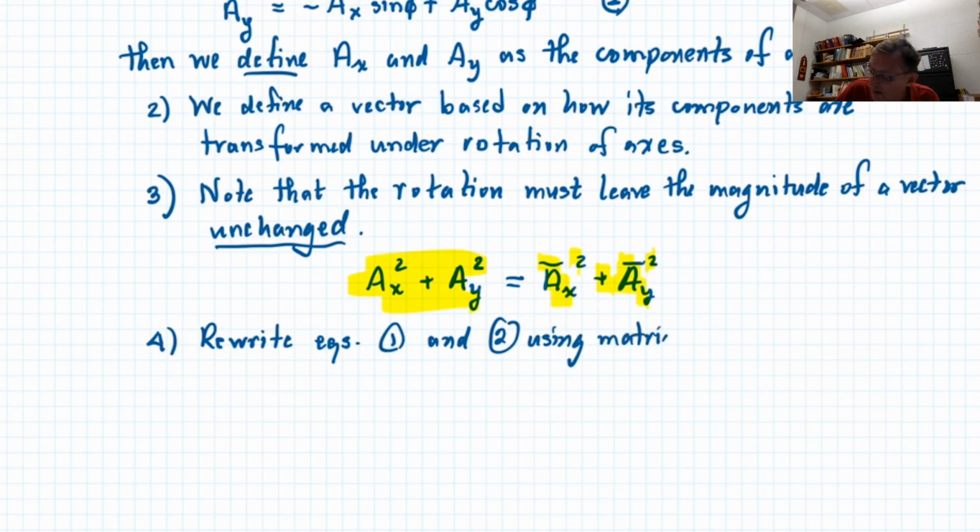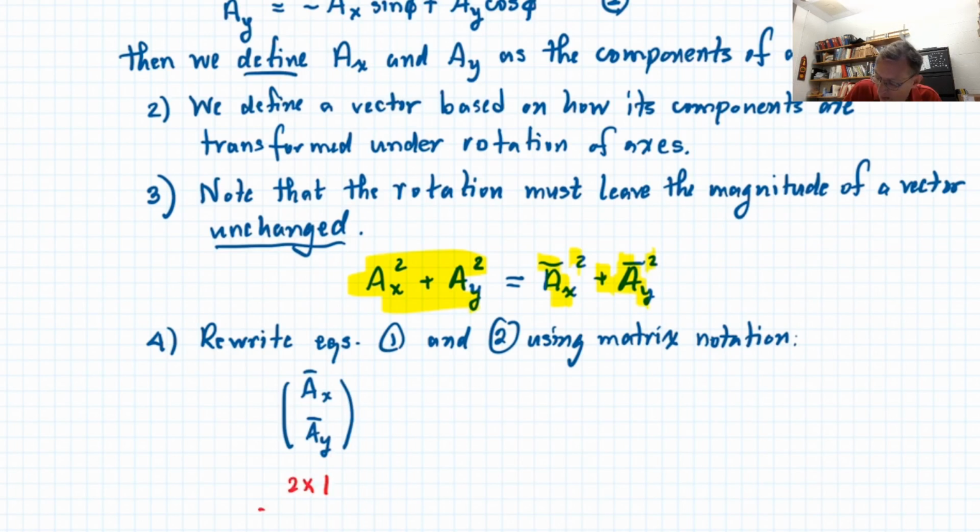It's more convenient many times because it's more compact. I will put on the left what's called a column matrix with ax bar and ay bar vertically. This is an example then of a 2 by 1 column matrix. 2 rows, 1 column. That will be equal to